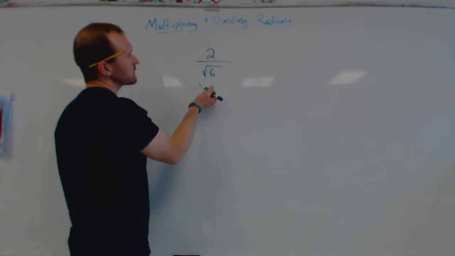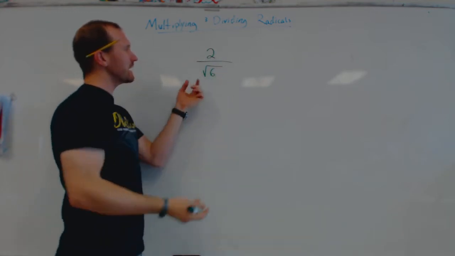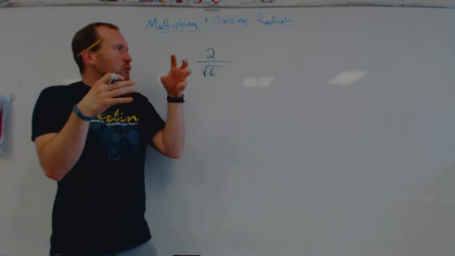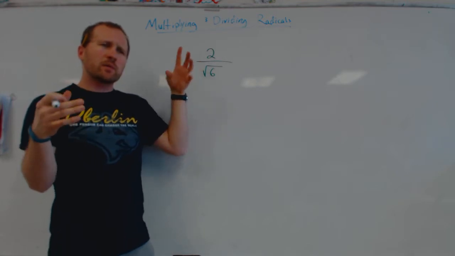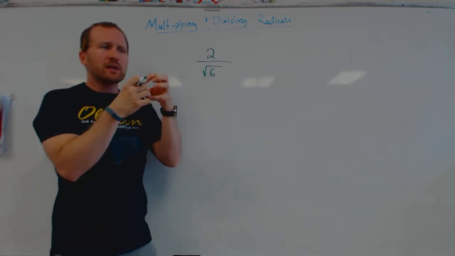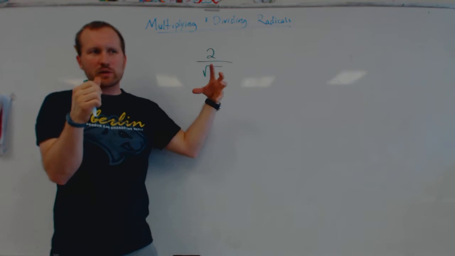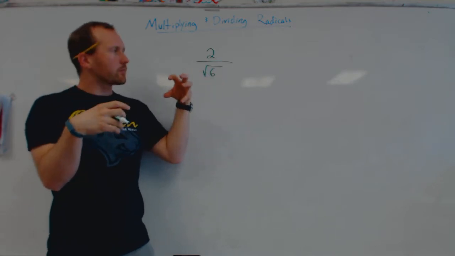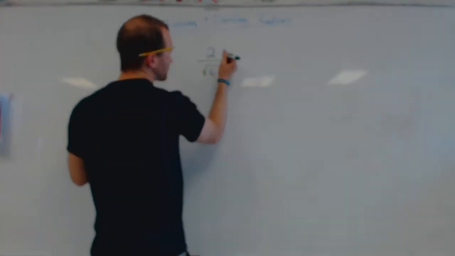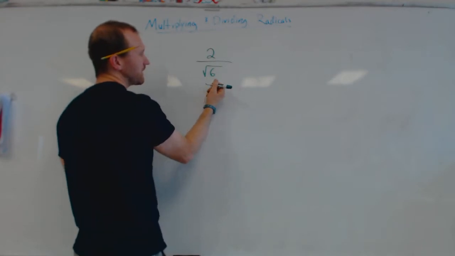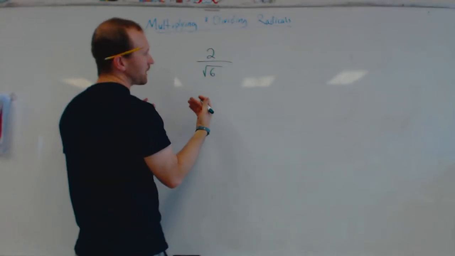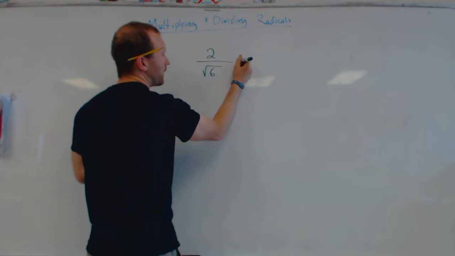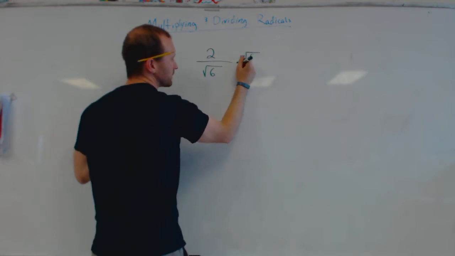If I could find a way to simplify this, but the 6 is inside that square root. It's like inaccessible by this 2. Remember, the things in the square root can't really combine with the things out of the square root. So I have something outside of a square root and something inside. There's not really a good way to combine those right now. However, when I do this,